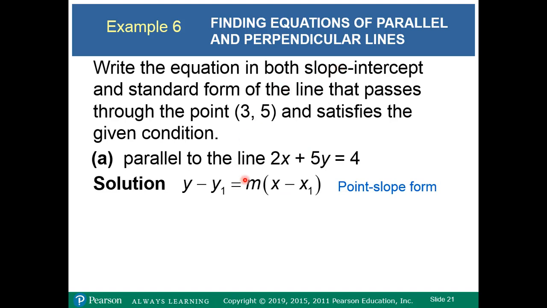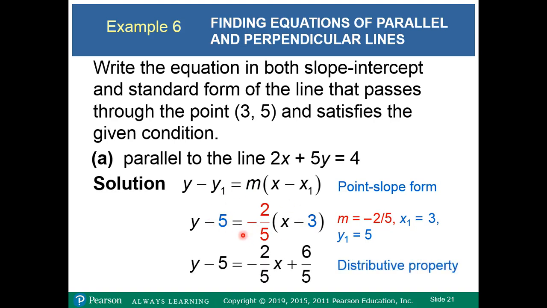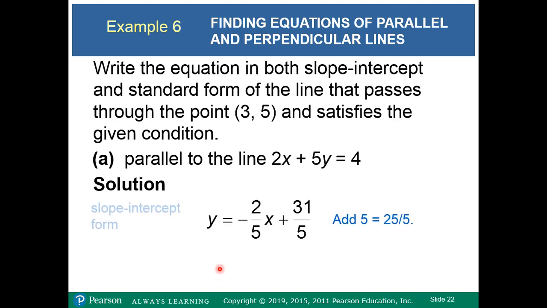So here we go. Here's the point, so again, we're going to use this point. This is going to be 5, and this is going to be 3, and then the slope is what? What's the slope going to be? -2/5. Okay, so we're going to plug it in, right? So now we're going to solve for y, right? So now we're going to use the distributive property, and now we're going to add 5 to both sides,